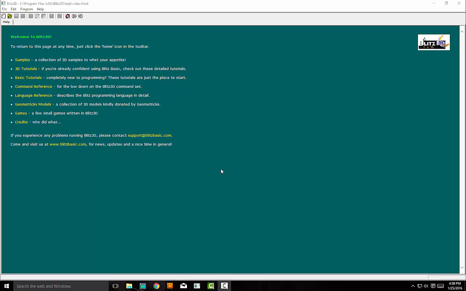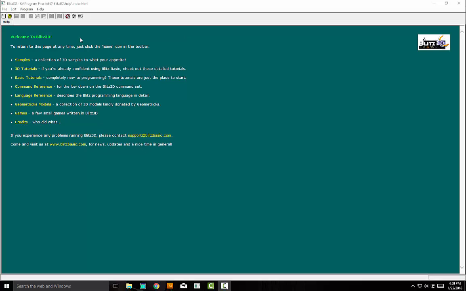Now first, as far as what a compiler is, it's a piece of software that is going to allow for us to take our code and convert that into actions. So the compiler that we are using for this Programming 1 class is going to be known as Blitz 3D. When we open up Blitz 3D, we're greeted with an opening screen like you would see right here in front